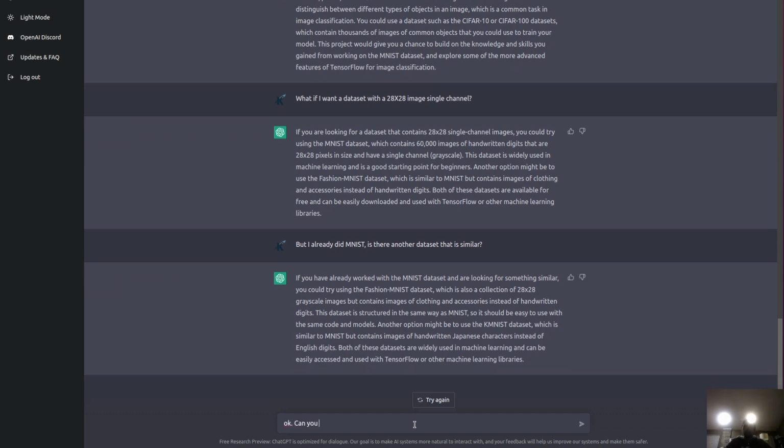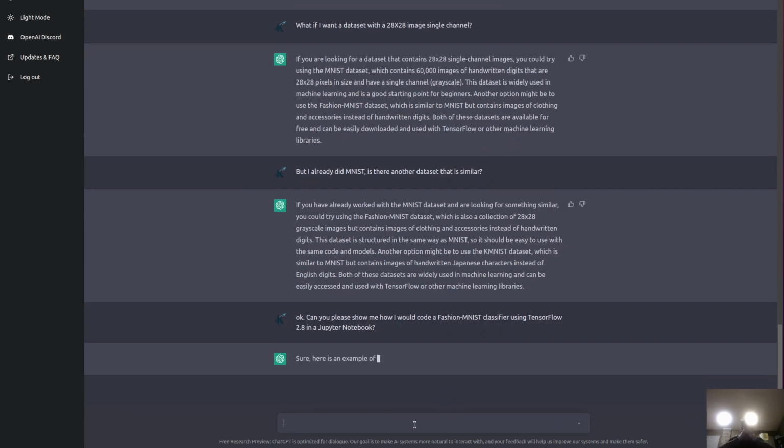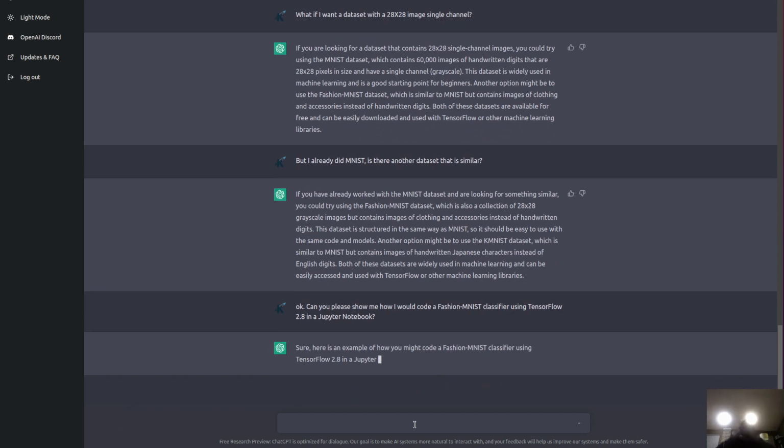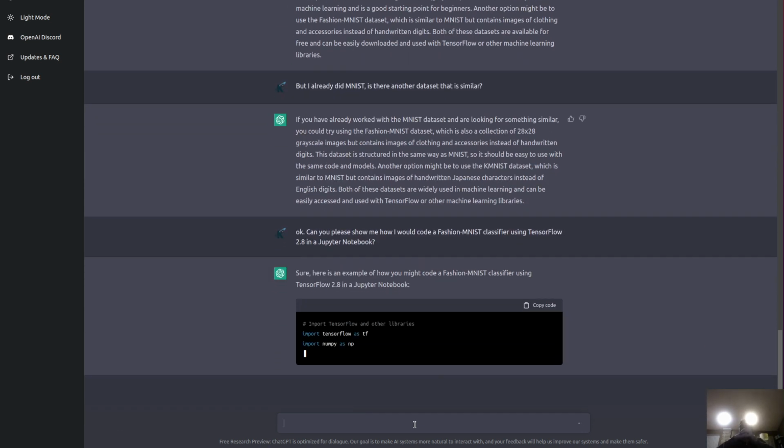Okay, can you please show me how I would code a Fashion-MNIST classifier using TensorFlow 2.8 in a Jupyter Notebook? This is something I've done before, but I want to kind of do it this way.